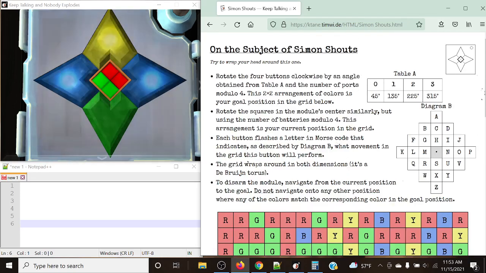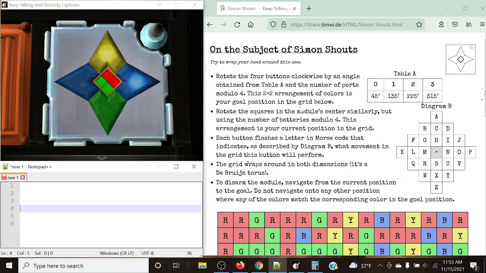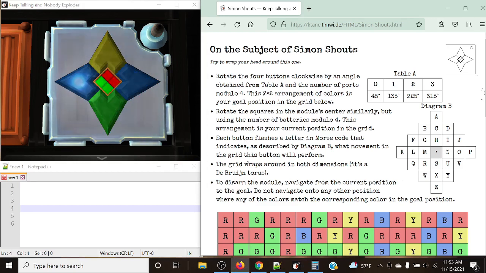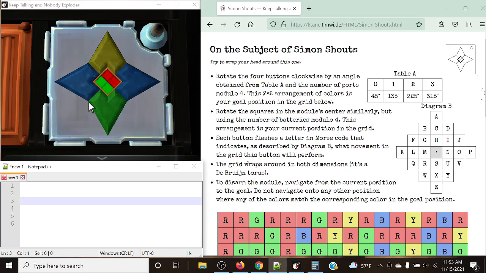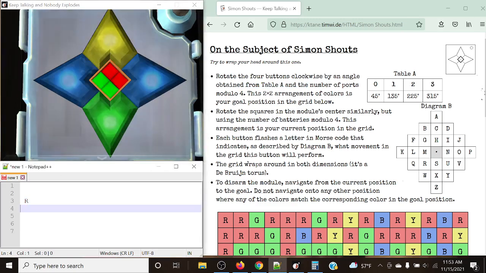So what we need to do is first figure out our end position and our current position, both respectively. Let's note down the colors on the buttons, because that's going to be our ending position, and we'll note down the colors in the center, being our current position. I'm actually going to do this a little bit out of order. I want to find our current position first, and our ending position second. So we're going to take a look at the center ones here. We have red, green, red, green